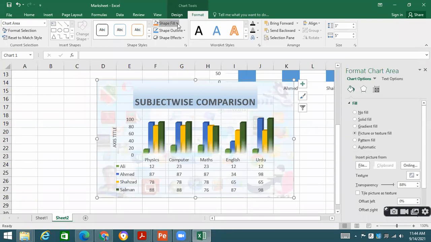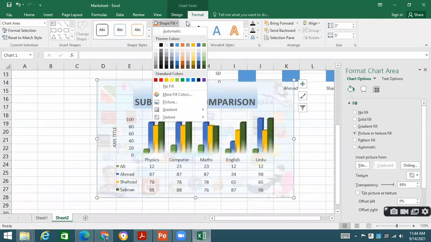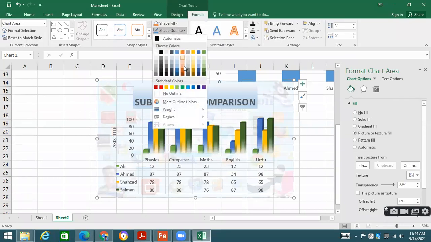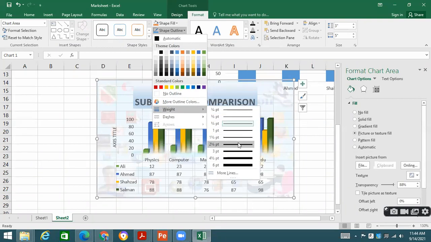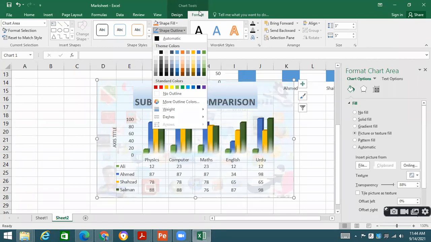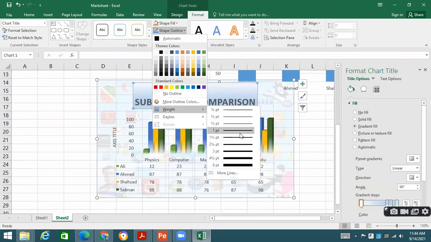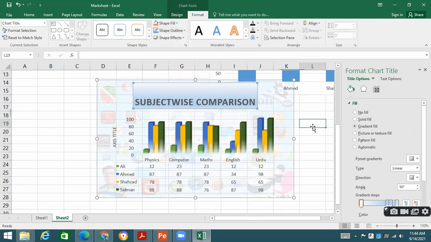If you want to change the fill color, or the outline color in the format, or the thickness of the outline, okay. So all these things are there that we have discussed in the shapes and images as well. All these tools that we have discussed about the shape style and shape images, because there are shapes used. This is a shape. If you want to make the outline thick, I can do this. This is allowed. I can do this change over here. So all these options are there that you need to explore.